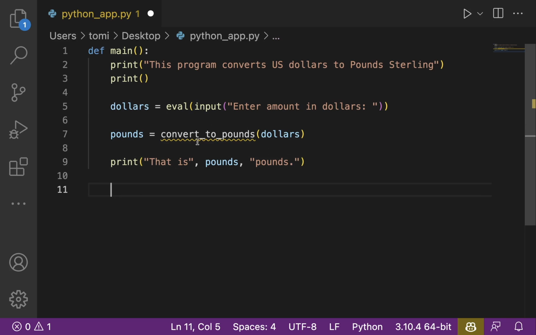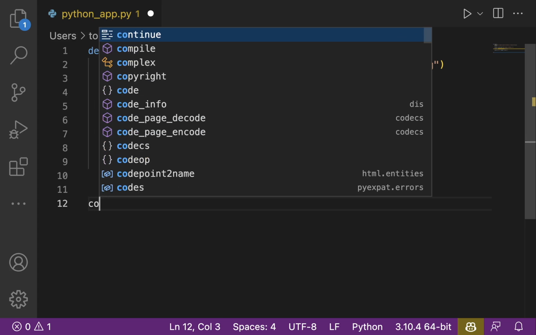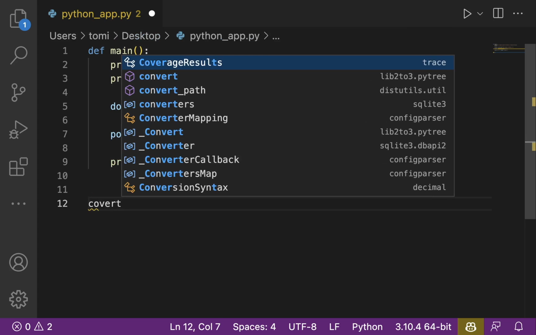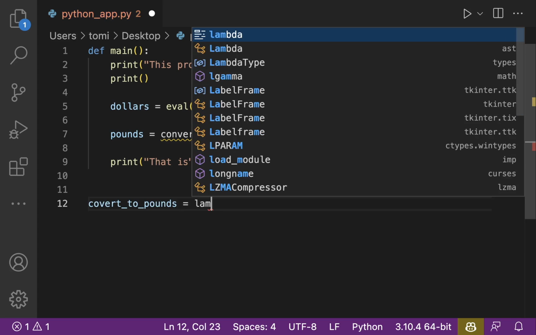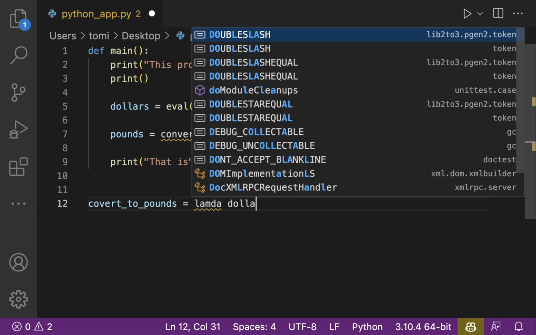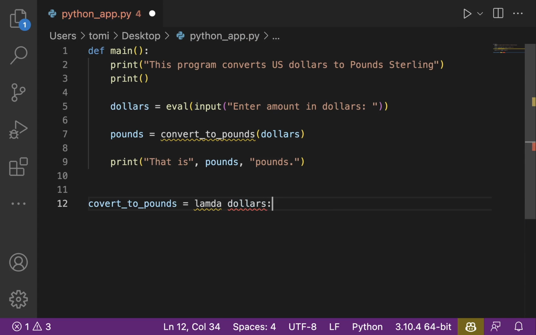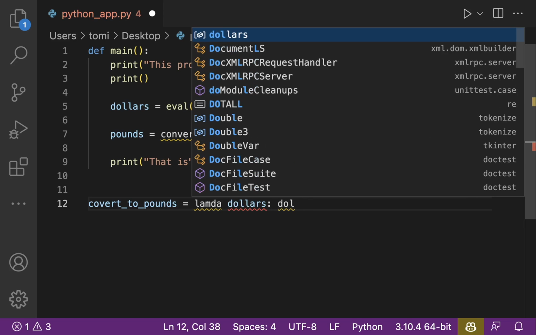But as you can see, it says that it doesn't see any function named convert to pounds. So what we're going to do down here is create a new function named convert to pounds, equals to lambda dollars. So dollars